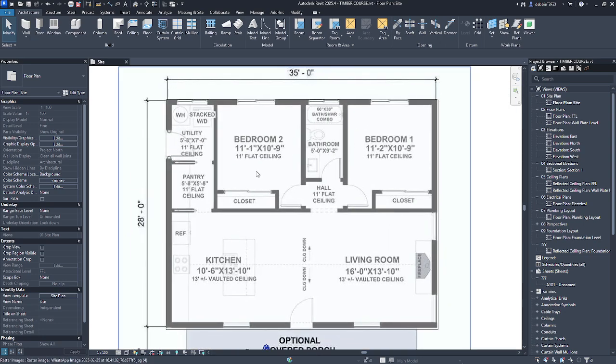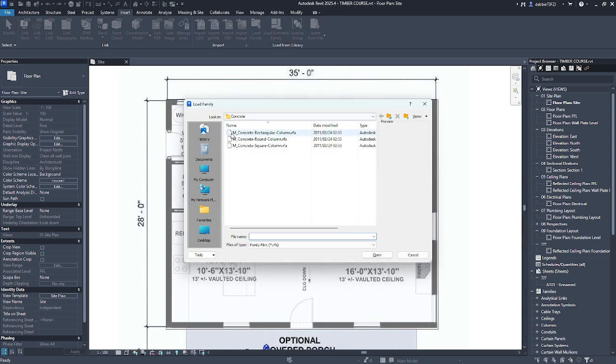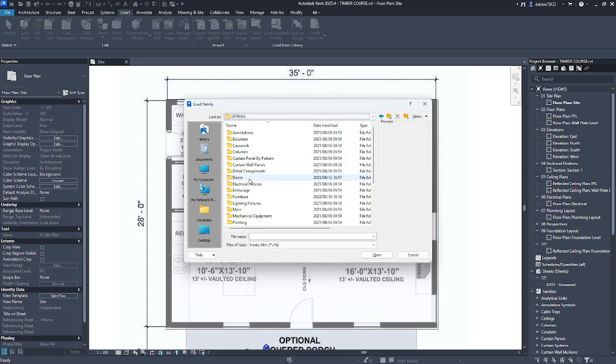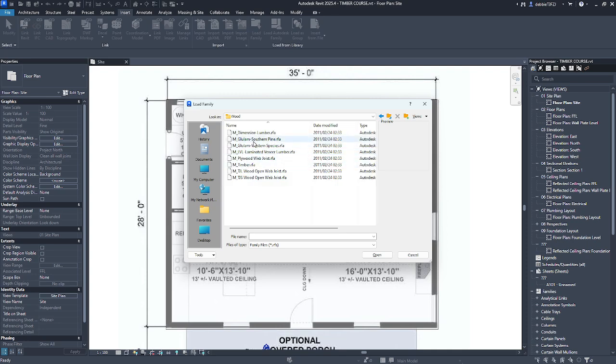So now that we have our floor slab, we can import our base plates. Structural framing, wood.